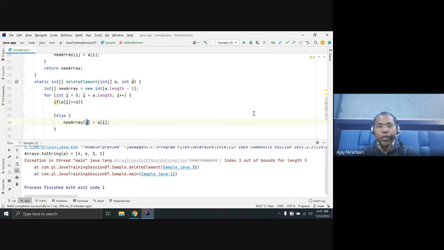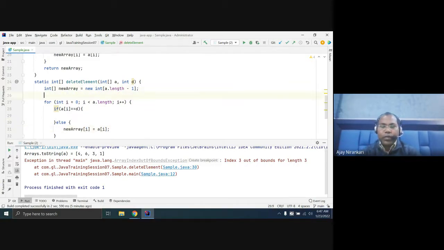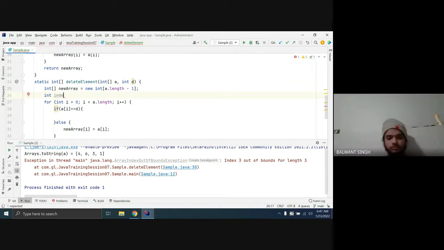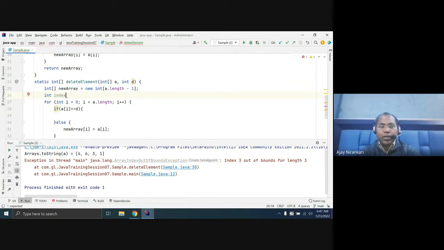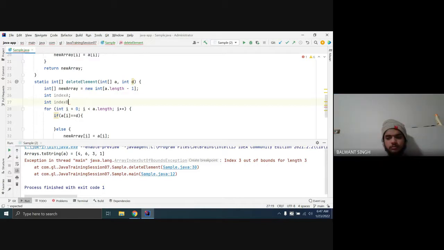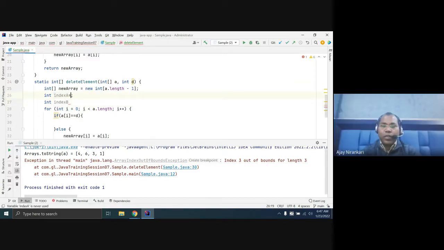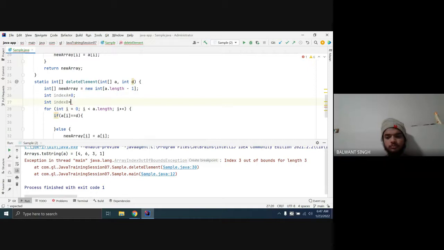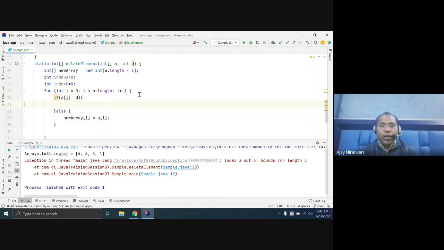Right? So here we create two variables: one index for A, and another index for B. Let us initialize both with 0.